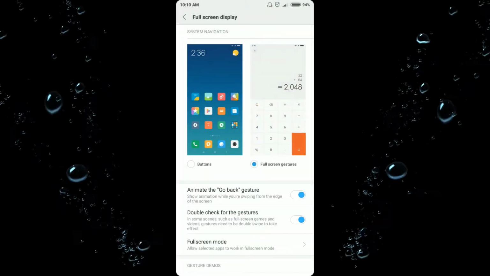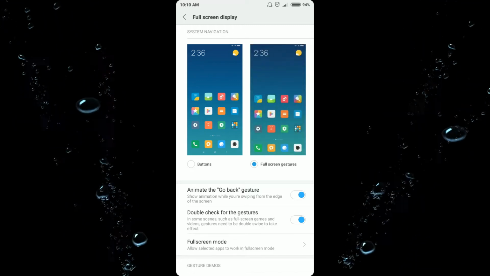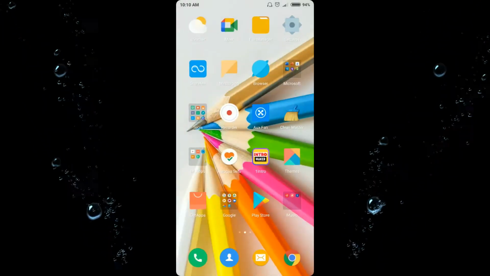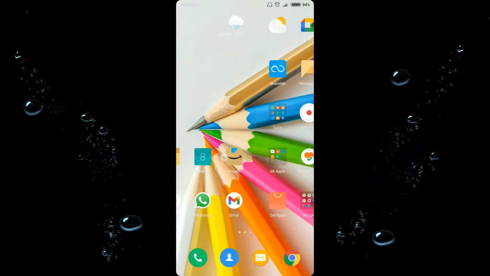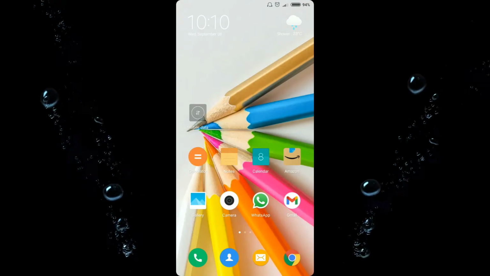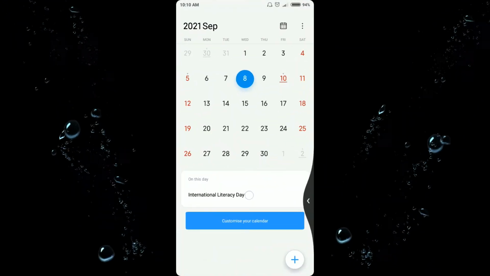So friends, you can see that the navigation buttons are removed from your phone and the phone is in full screen mode. If I open any app such as notes or calendar and swipe up from the bottom, it will close automatically like the home button, and if I again open it and swipe from the back, it will work